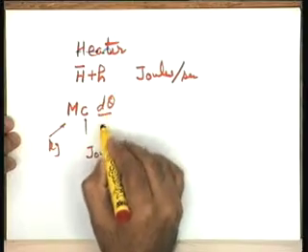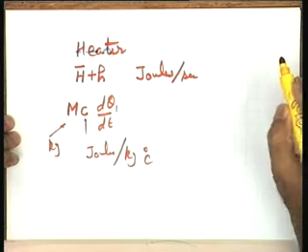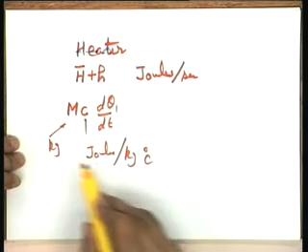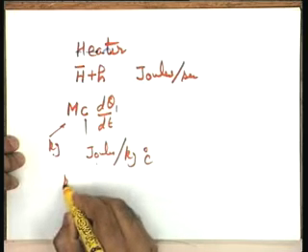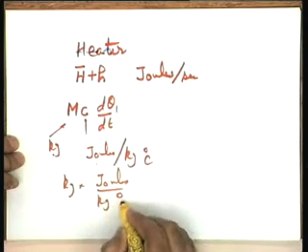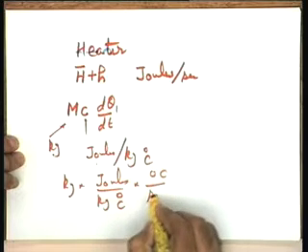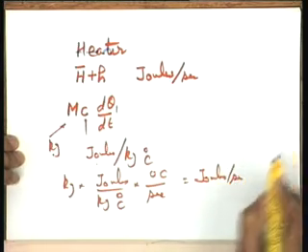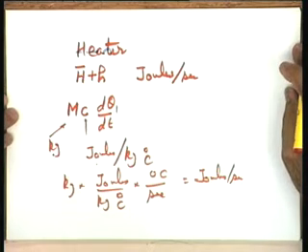Okay. Now, you tell me what is the rate of heat storage in the heater. The rate should come in terms of joules per second. You will please note that the rate of heat storage in the heater will be given by mc d theta 1 by dt, where theta 1 is the heater temperature. You can look at the units. This is kilogram into joules per kilogram degree centigrade into degree centigrade per second is equal to joules per second. It is the rate of heat storage in the heater. I hope this is okay.